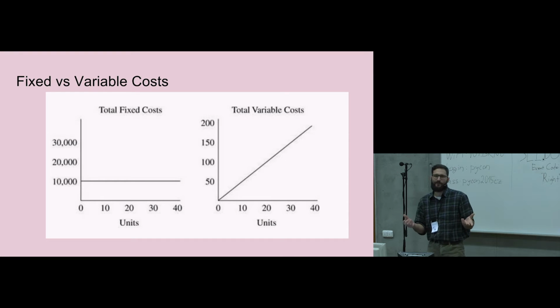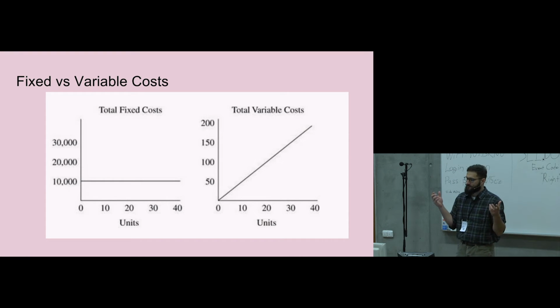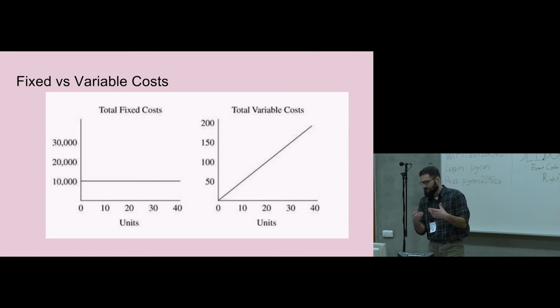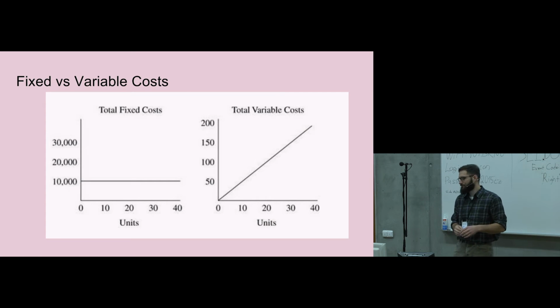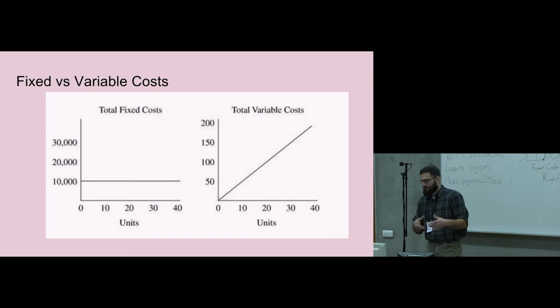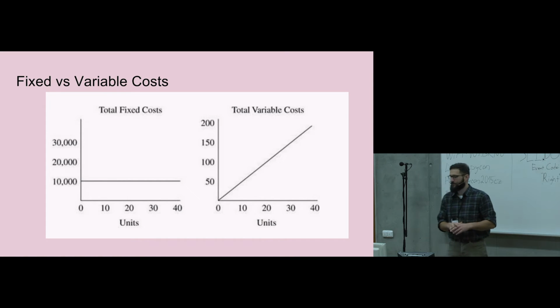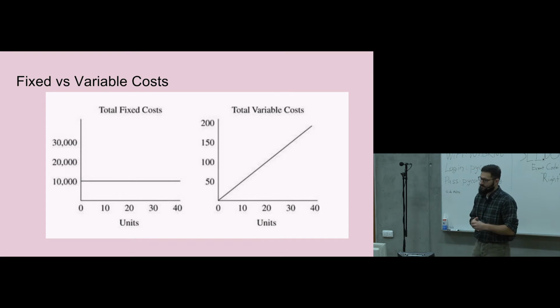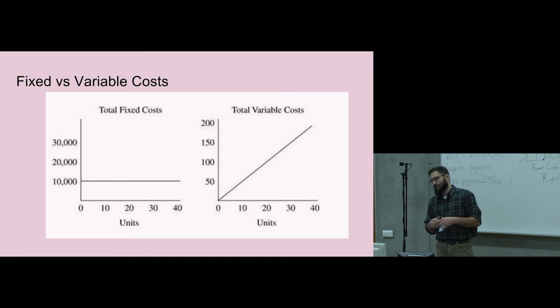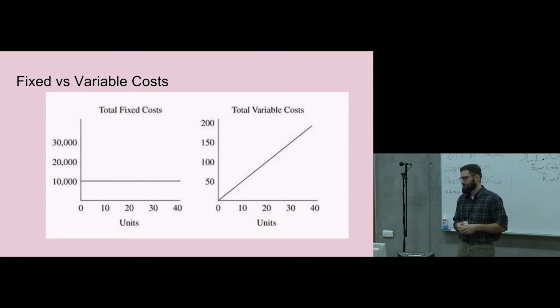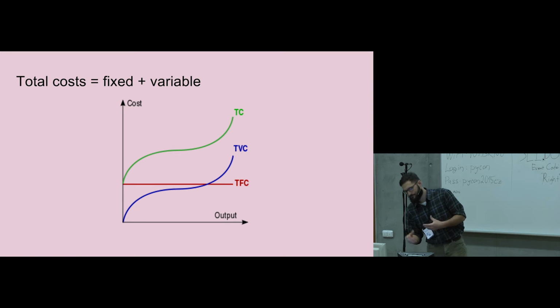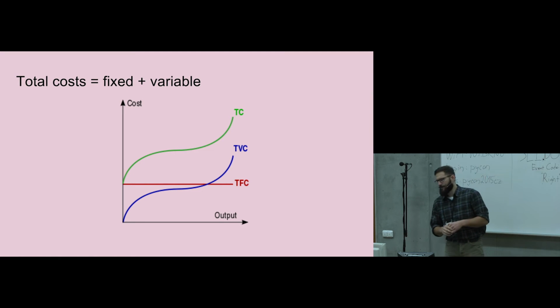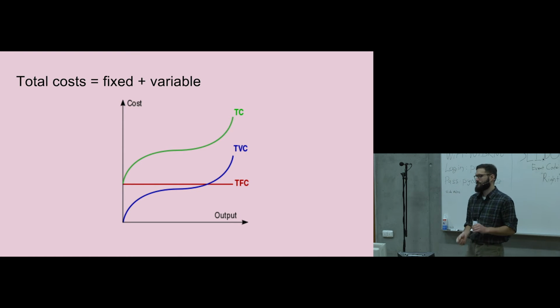Or you need to buy some software package. And the costs do not change whether you use it or not. And however many lines of code you are going to write in the text editor you had to pay for, or if you are just having it on your hard drive and not using it at all. So those would be the fixed costs. And then there are those variable costs, which correspond exactly to the amount of the product or units of the product you want to produce. If you put them together, you have so-called total costs. That would be the sum of the fixed costs and the variable costs.